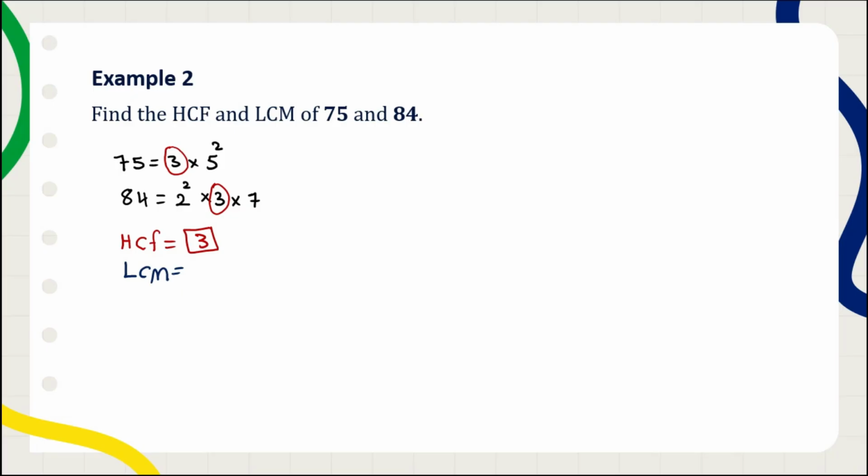we include every prime factor that appears in either number. For the common prime factors, we choose the highest power. So we include 2 to the power of 2, and we notice that 2 appears only with 84, and 3, which is the common factor, then 5 to the power of 2, which appears only with 75, and 7, which appears only with 84. So for the least common multiple, we take all the factors, whether they are common or not common, and we multiply them all together, and the product of them will be